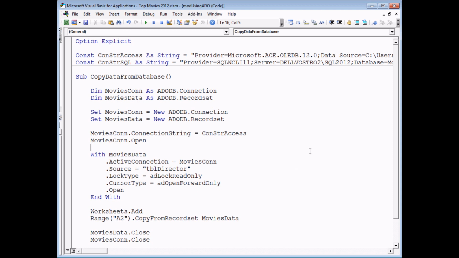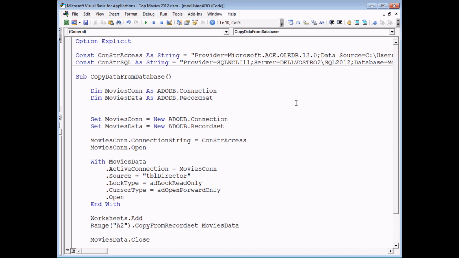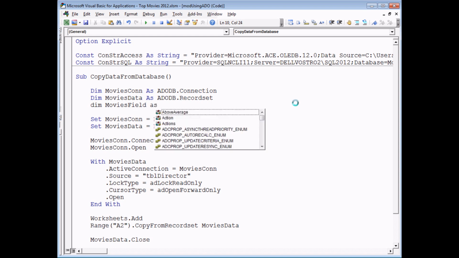Looping over the fields collection of a record set is just like looping over any collection of objects in VBA. We'll need a variable which can hold a single instance of the type of object whose collection we're looping over. So I'm going to go to the top and say Dim movies field as, what I'd really like to say here is